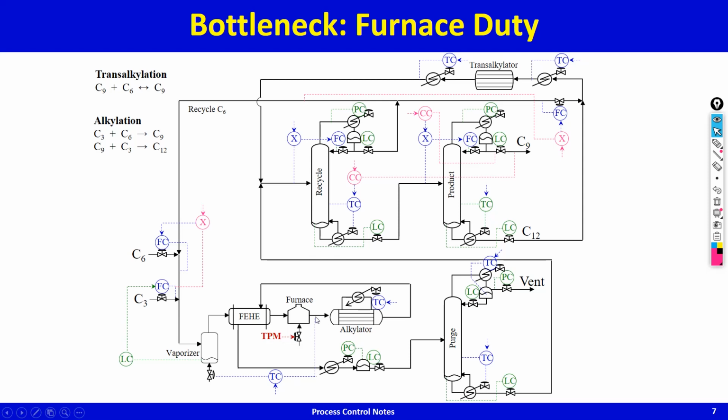Firing rate of the furnace increases, this temperature starts to go up. This temperature starts to go up, the temperature controller cranks up the vaporizer heating rate. Vaporizer heating rate goes up, this flow goes up, so this increasing temperature gets back. But now because you are heating up more and vaporizing more in the vaporizer, the level of the vaporizer will go down. As the level of the vaporizer goes down, you start bringing in more fresh feed. And as you start bringing in more C3, the ratio control ensures that more C6 also gets sucked in together. So that takes care of that, and everything else is the same as before, so I don't need to repeat that explanation again. So I hope this is clear to you. We continue.